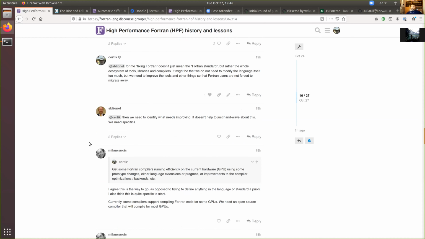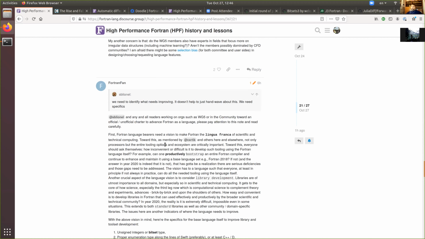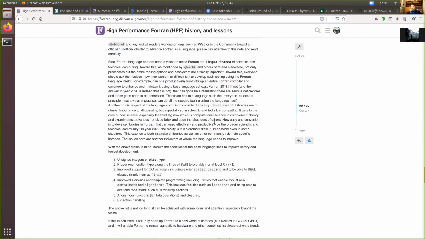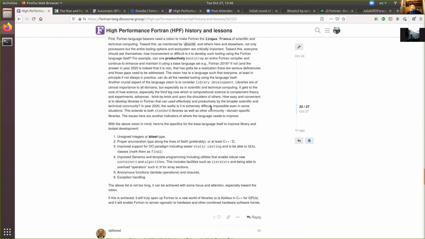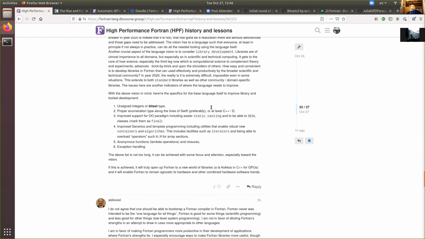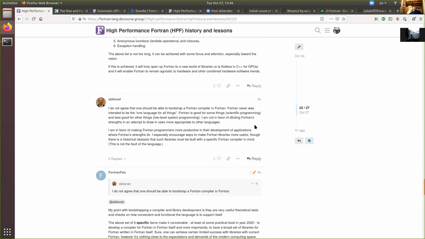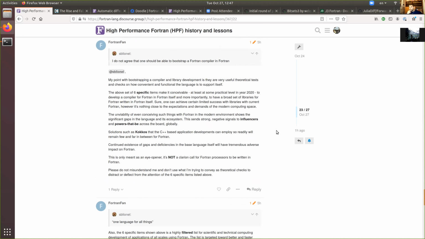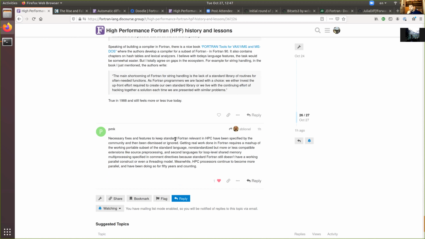We were discussing, and you can read the arguments, that Fortran fan was suggesting there are a lot of things missing in Fortran if you want to do anything beyond just array manipulation, like string handling, which could be vastly improved. And Steve was saying we should stick to scientific computing. Peter Klossler had a very good point, and I agree with that. As you can see, I added a heart. Essentially, he's saying that